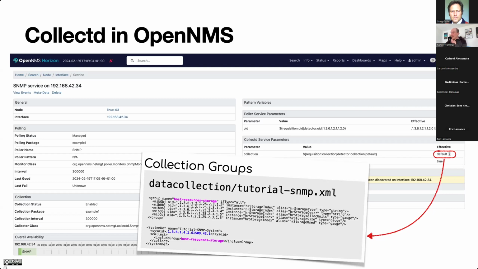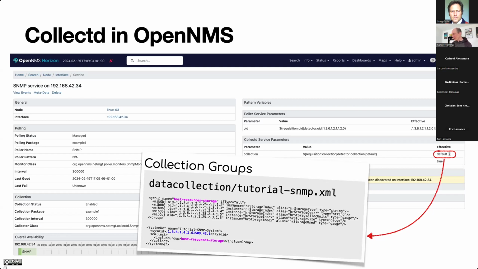That means all the OIDs we can collect from that agent are specified in that configuration file. So you see now here an example for disk metrics. The disk metrics are specified in that 136.121.25.23.1.2.